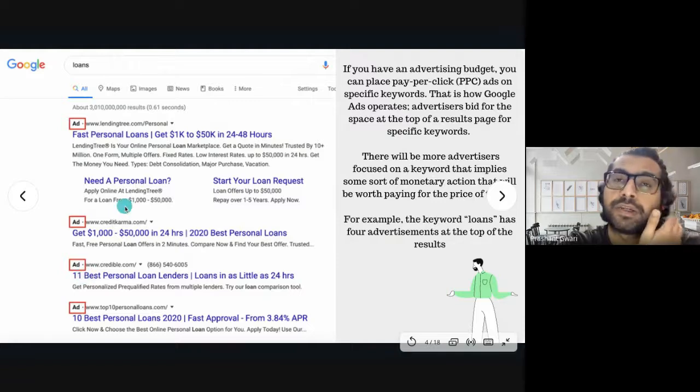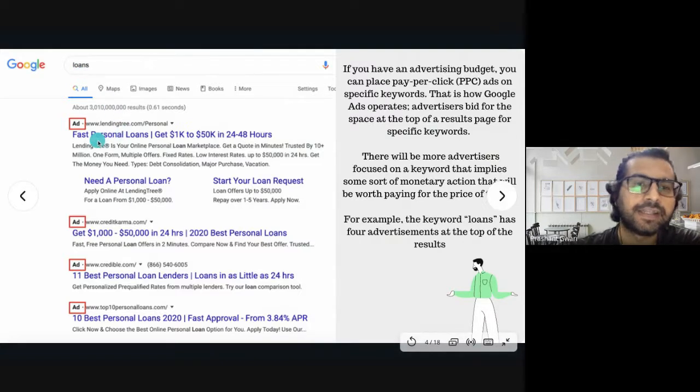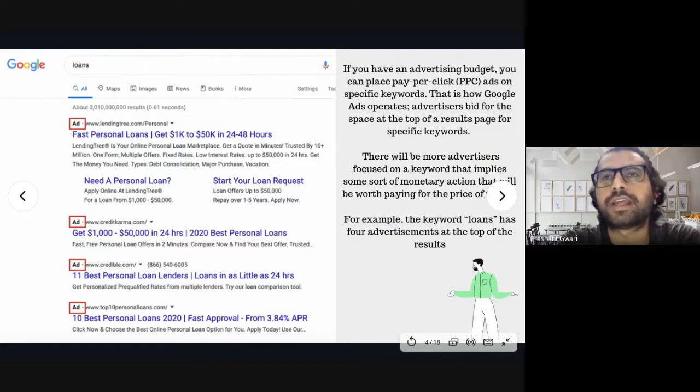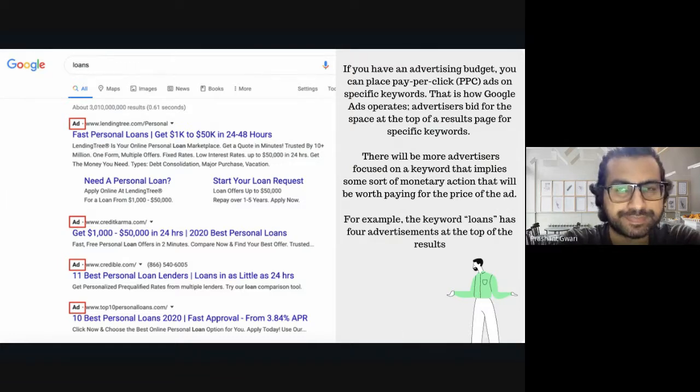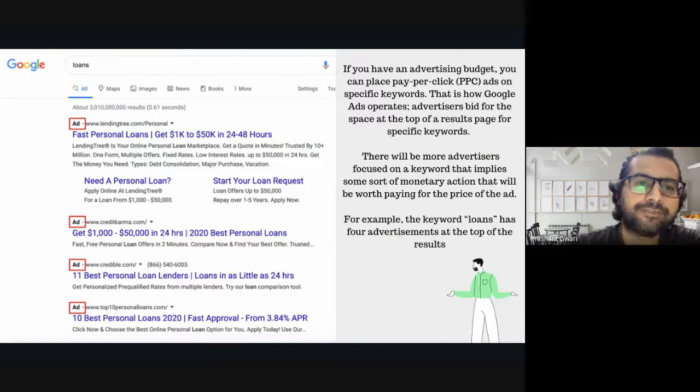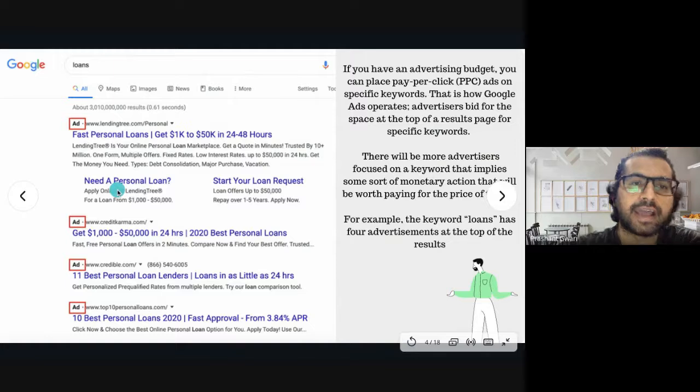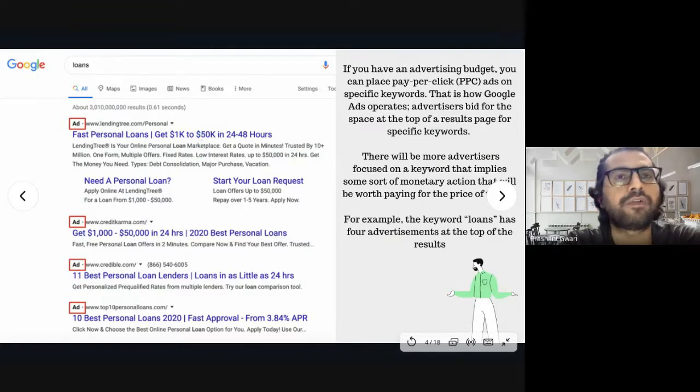That means paying money to Google to rank your website, and they are targeting the keyword which is loan. So you can see here in the US, loan is really popular because they take mortgages on their houses. If we search loan and check here, you will find out all the websites are targeting this loan keyword. And every time someone types that loan keyword, this website appears in the top 4 ranks, and when someone clicks on it, their amount will be deducted from their account.